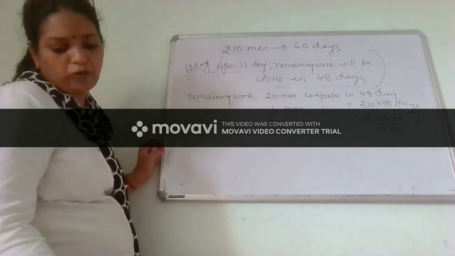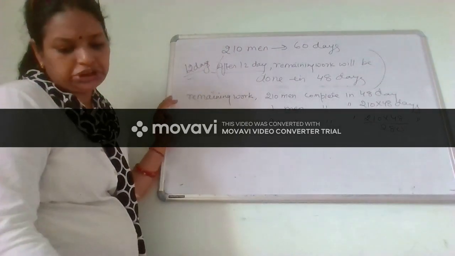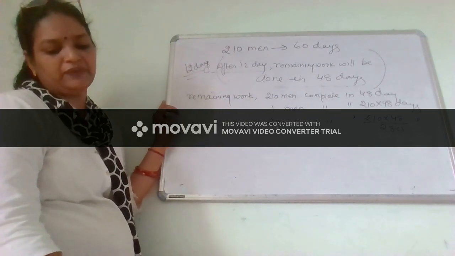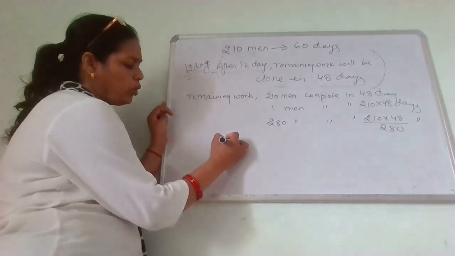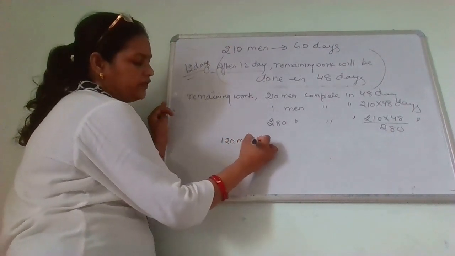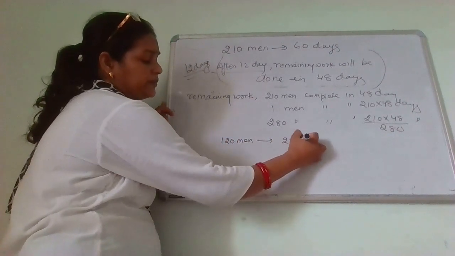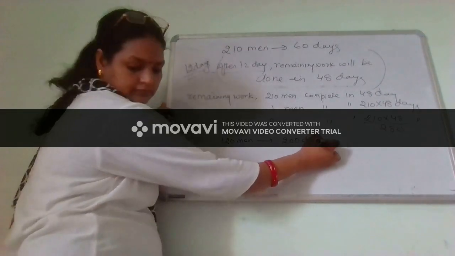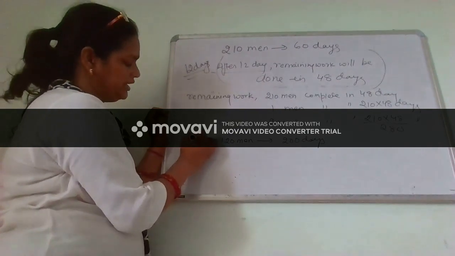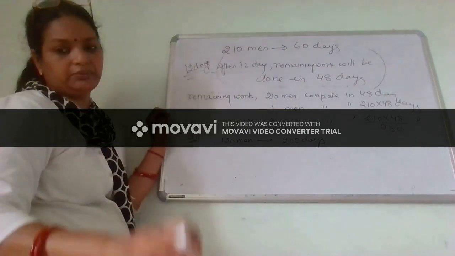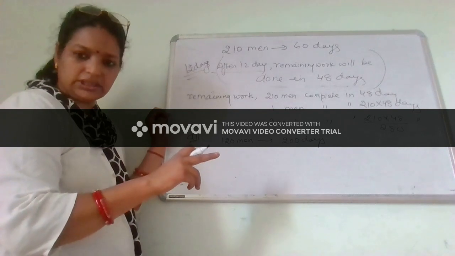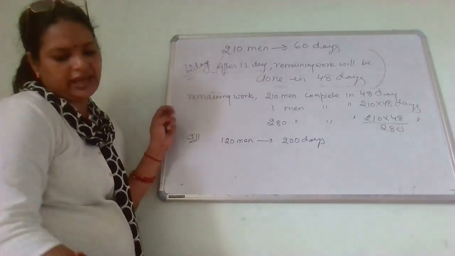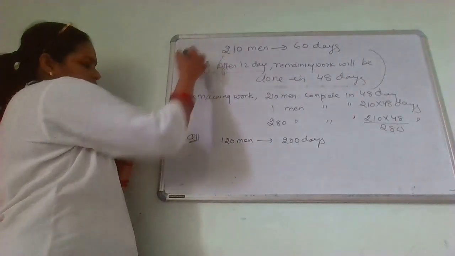So the same type of question is question number 11 also. A group of 120 men had provision for 200 days. 120 men had provision for how many days? 200 days, right? It is question number 11. Question number 10 and question number 12 are like the other questions I have done. Only these two questions are different, question number 9 and question number 11.